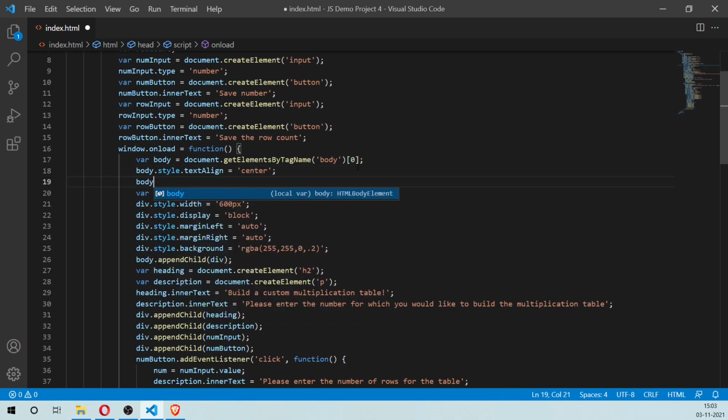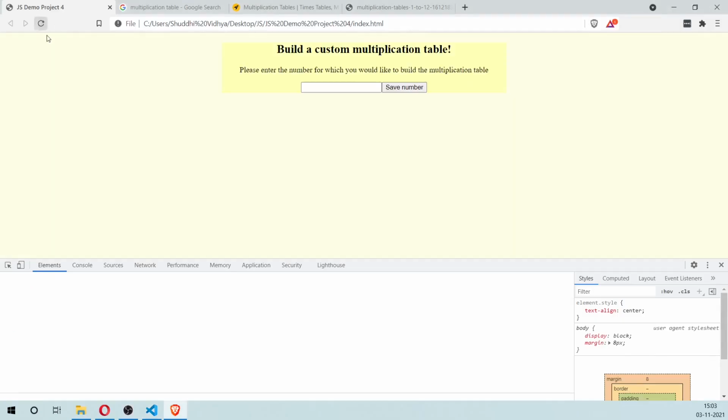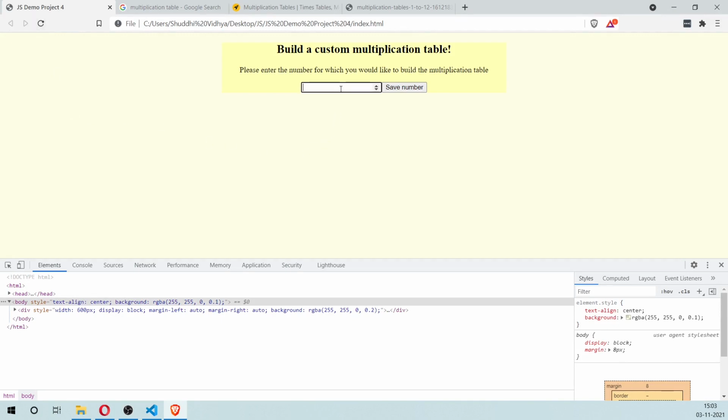So body.style, we'll make this really subtle. Okay, so let's see. Okay, that looks much better now.